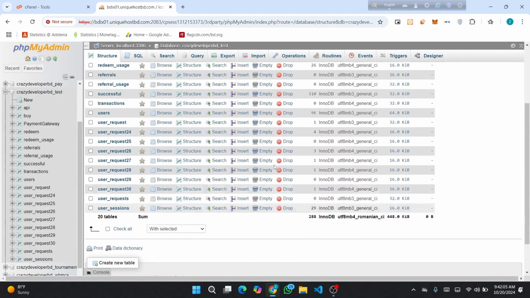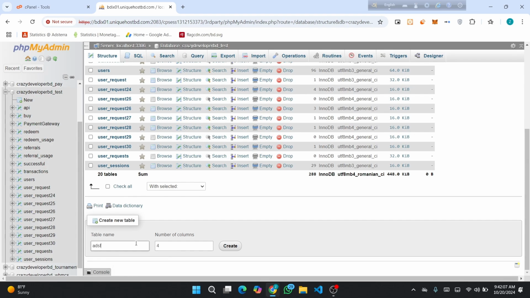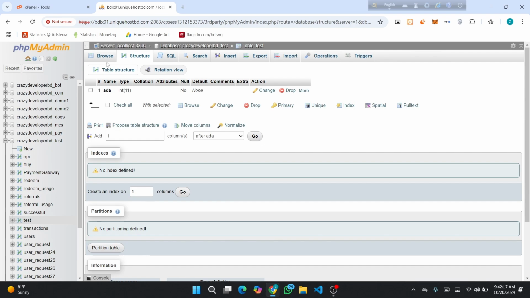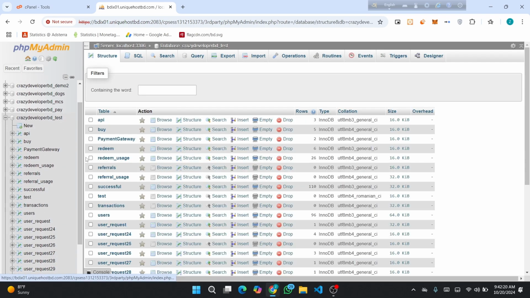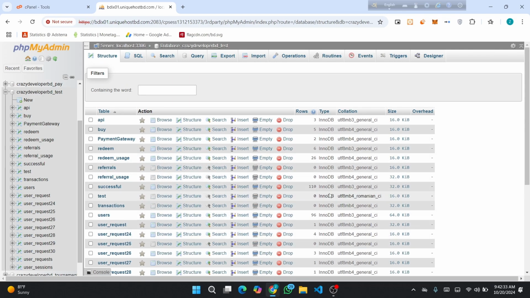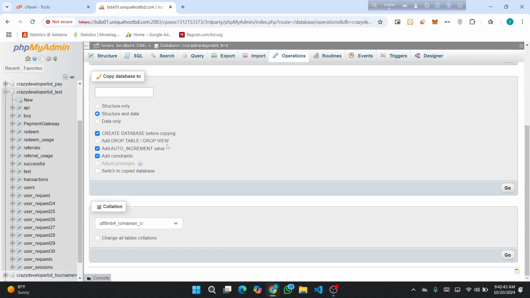So from now, if you create a table, you can see its collection is that which we have selected now, UTF-8 MB4 Romanian CI. So if you come in the operation, you can see it's that. So in these simple steps, you can change your database